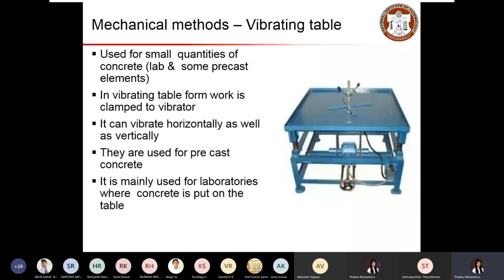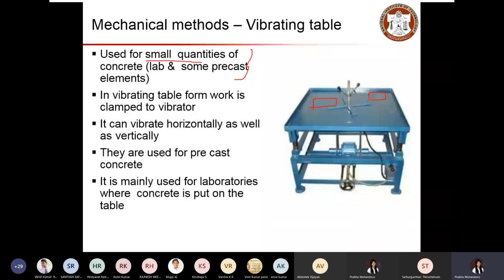And this is the second type, where you have a shaking table, a vibrating table, and you place your members, concrete specimens, or any laboratory specimens to be compacted here. This will be useful when you have small quantities of concrete, especially when preparing specimens for the lab or some precast elements.